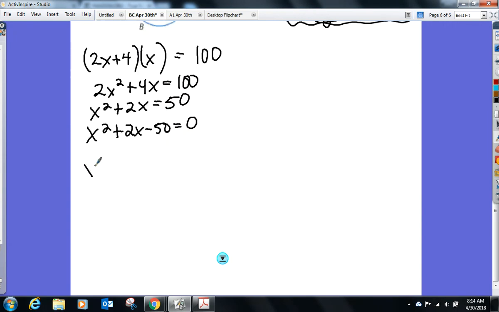Here we go. Quadratic formula on the formula sheet. Negative b plus or minus square root b squared minus 4ac all over 2a. I know it's been a couple units since we used this. I just want to remind you how I'm going to ask you to use this. What's your b value, first of all? Is 2. So when I plug it in for the first part, it will be